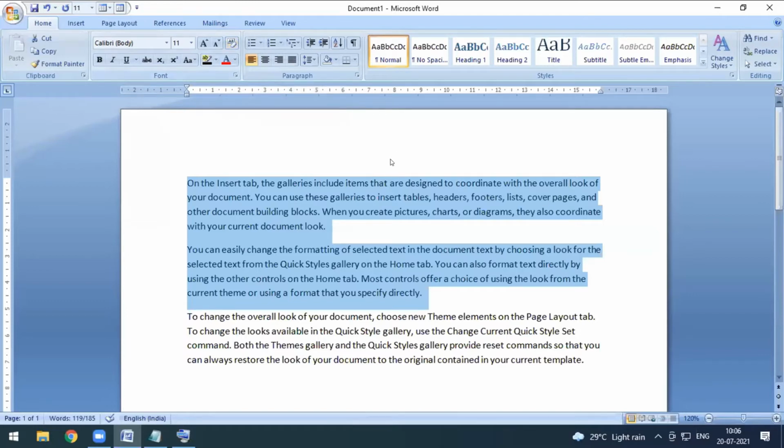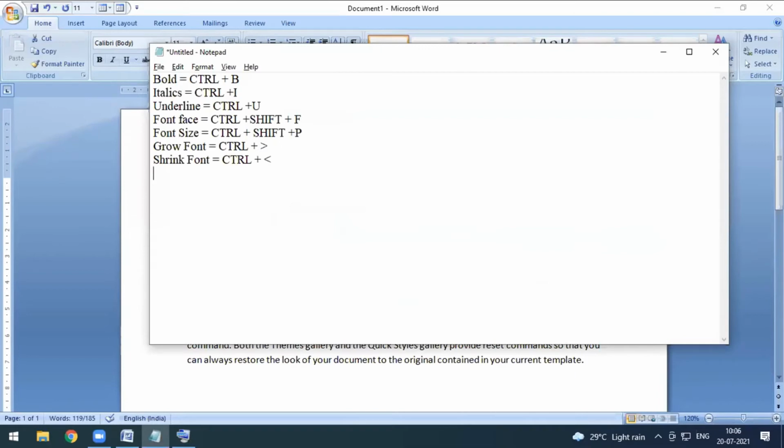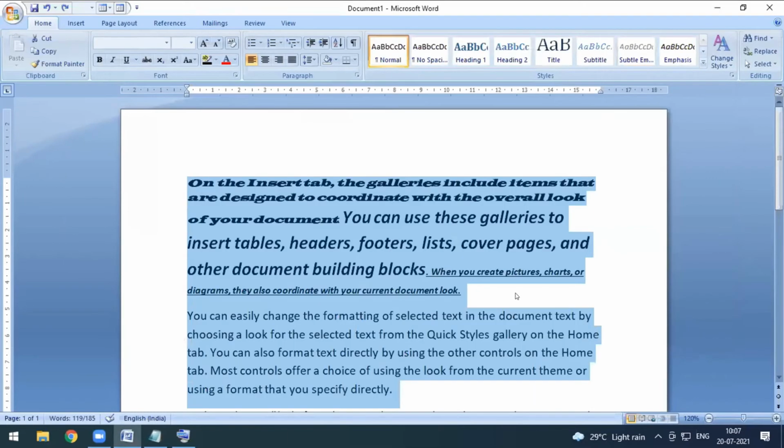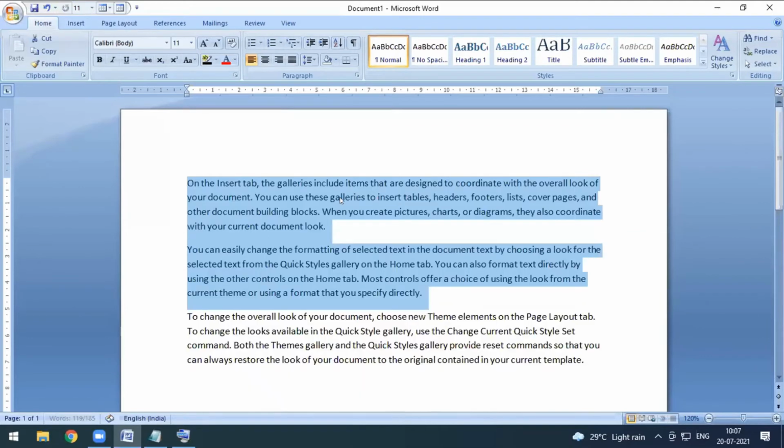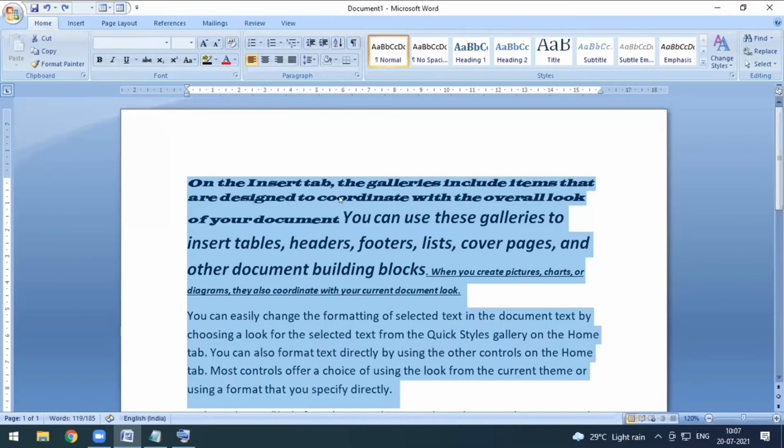Again, if I press Control Z, like undo and redo. Undo is equal to CTRL plus Z, and redo is equal to CTRL plus Y. So I'm pressing Control Z. Again, I undo the things which I have done. Over here you get undo and redo. Undo is Control Z and redo is Control Y. If I'm pressing Control Y, again it will be in normal format. If I'm pressing Control Z, again it will be in the format which I created using bold, italic, underline.